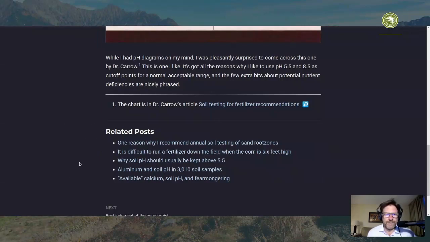And there's a chart there that shows tissue calcium. If I remember that post right, it shows tissue calcium for 4 different sand root zones, one of which was calcareous and had lots of calcium in the solid phase, and one of them had a very low pH, and then there were a couple in between. And the tissue calcium tracked very closely with the soil pH, if I remember correctly. So that's an interesting one.